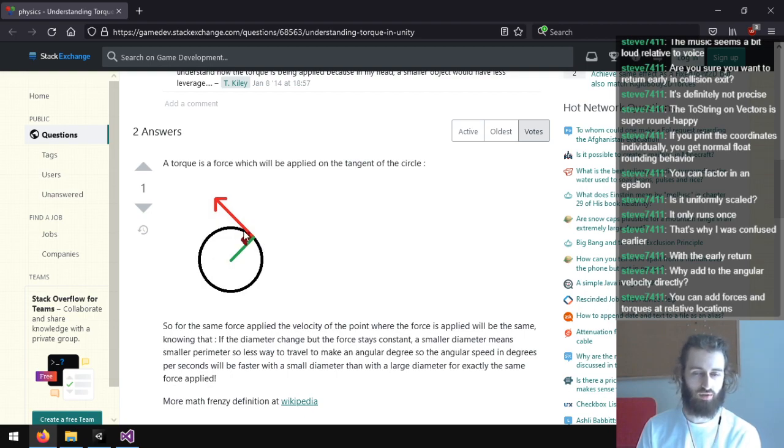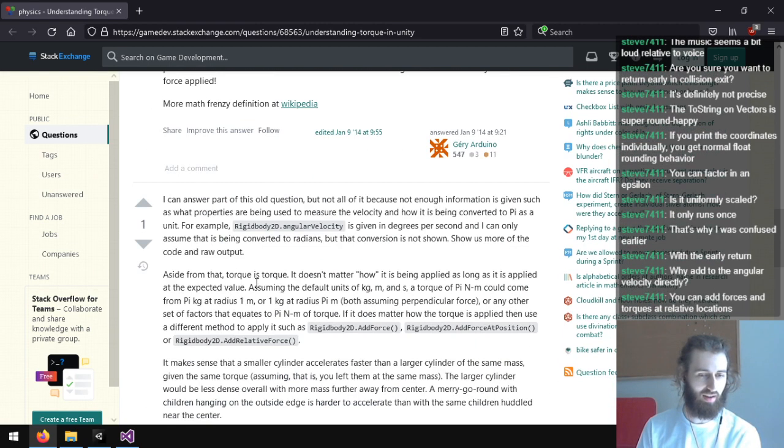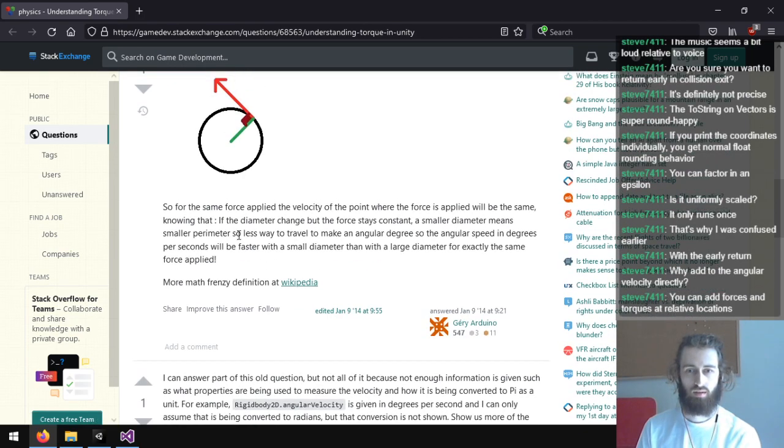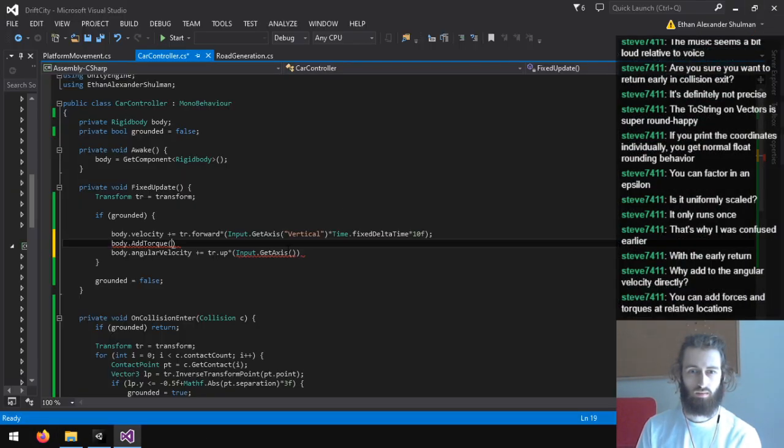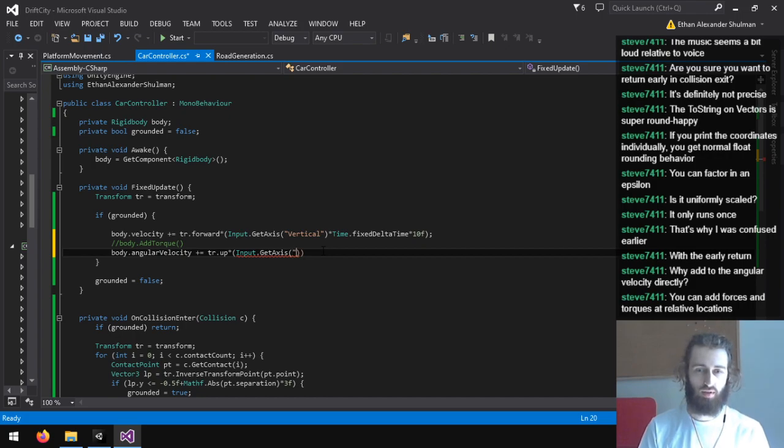So if you do X or Z, they both turn into Y angular velocity. So in torque, it would actually be more complicated, I think. I'm actually curious. Maybe with torque I could just apply the right vector. I'm gonna try both. I'll try doing this and then I'll try adding torque.